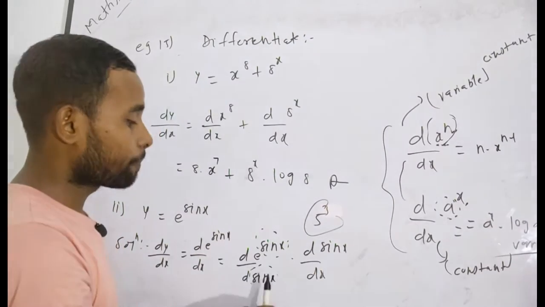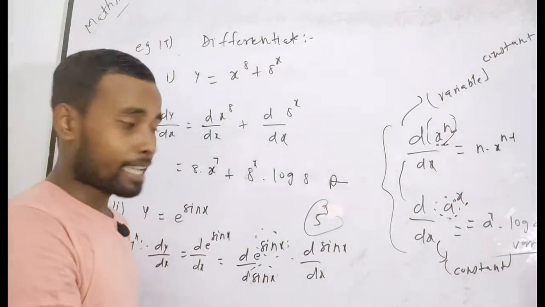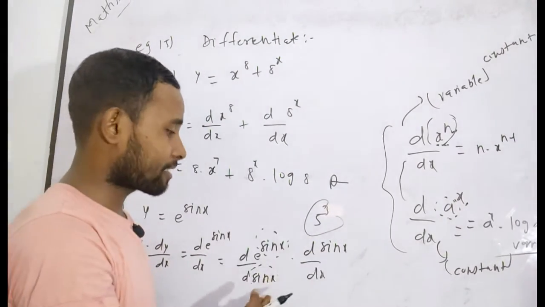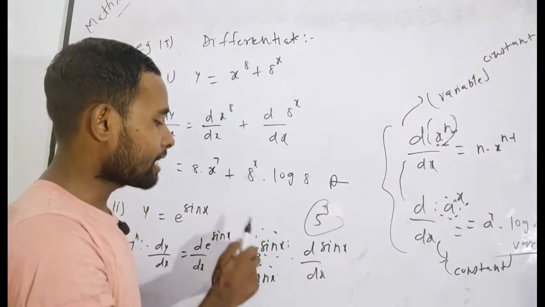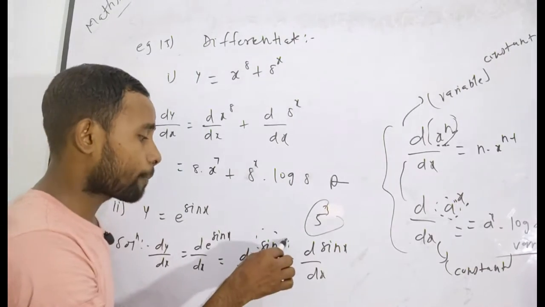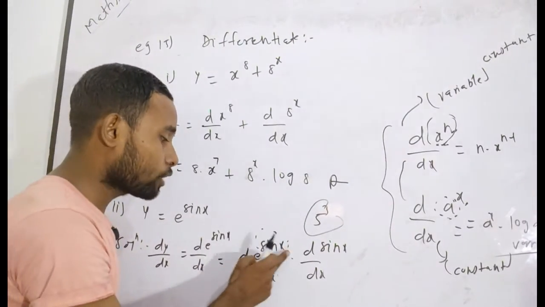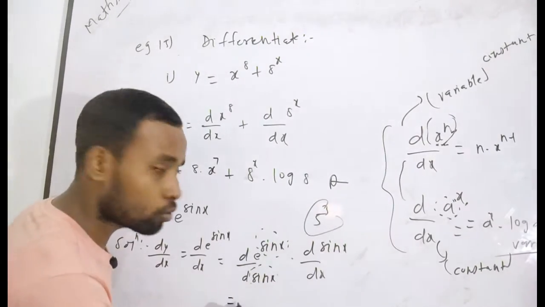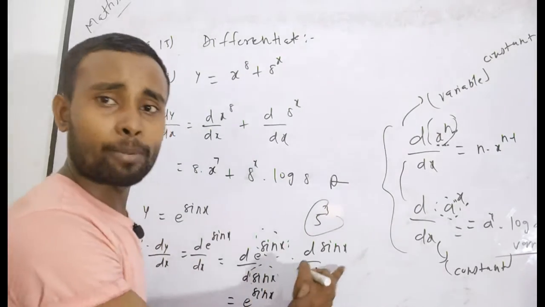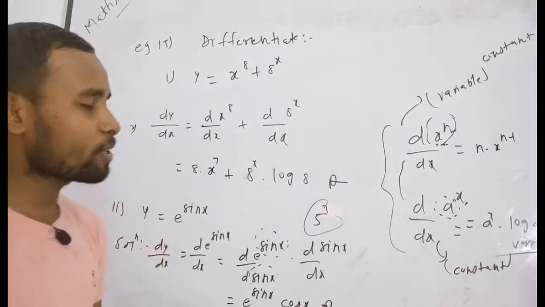And again, as you know, this sin x has been taken here forcefully, so you have to balance it. In order to balance, I have also taken d sin x in the numerator, so that it looks balanced. Finally, you can differentiate e to the power sin x with respect to sin x. As you know, I have supposed sin x is equal to p. If sin x is equal to p, it will be e to the power p. Derivative of e to the power p with respect to p will be e to the power p. So its answer will be e to the power sin x. And the second term, the derivative of sin x, will be cos x, which is your required answer of this question.